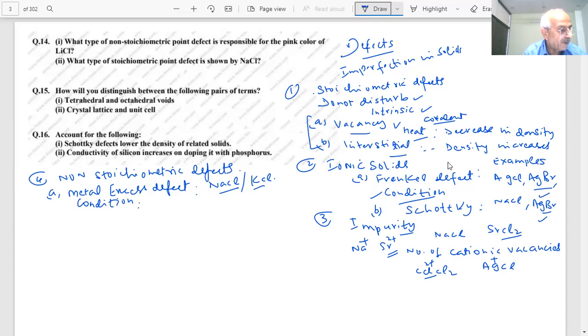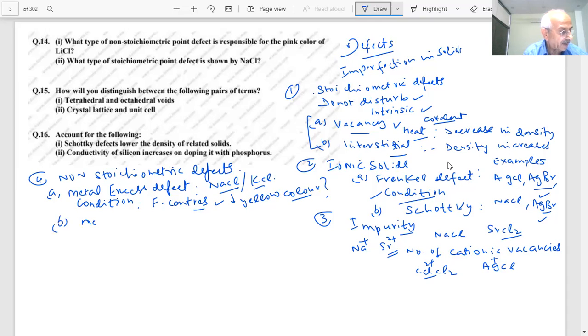Heated in the atmosphere of the metal vapour. Then what will happen? What are F centers, students? F centers are the anionic sites which are occupied by unpaired electrons. What is the color of the crystal of NaCl? Yellow color. The question is why they impart yellow color, students. That was the question. Due to the presence of F centers. And what is the color in LiCl? LiCl is pink. And potassium chloride? It is violet.